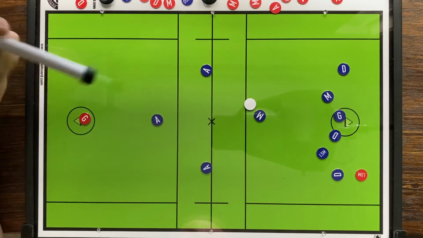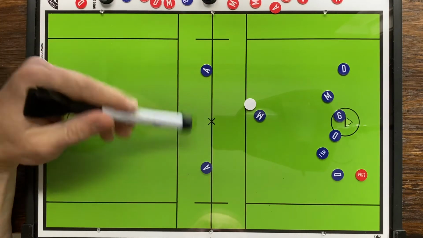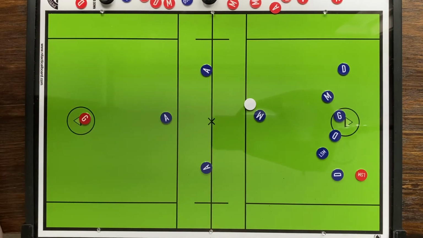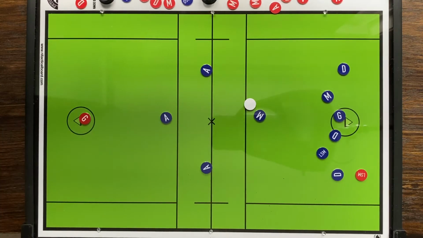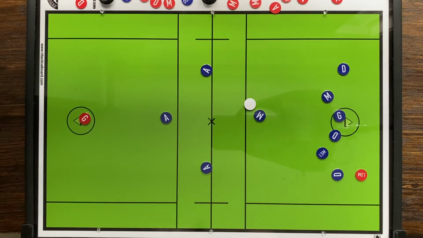So if their defenders stay down here in the hole, what I'm trying to get at is I want the attack to come up to the midline, the center attack more around the restraining line or so. And what you're trying to do is bait these defenders to come up a little bit because you can take advantage of speed on an unsettled situation. If they stay back here in the house, that's fine. Don't worry about it. But in an unsettled scenario, there are set locations that I want our three attackmen to